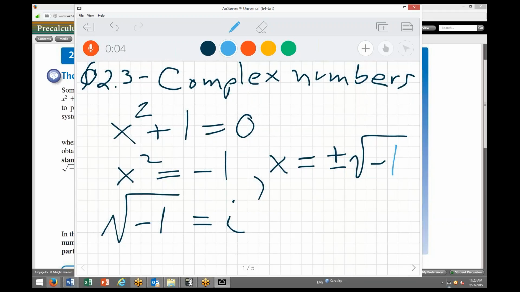And now we know, well, if the square root of negative 1 we're going to call i, therefore x for this equation is plus or minus our new number, i. So either i times itself will give us negative 1,